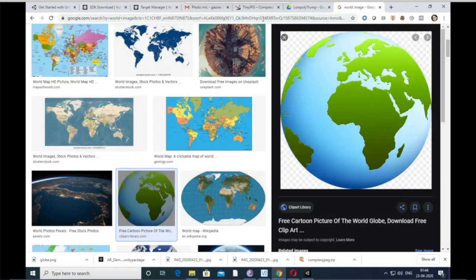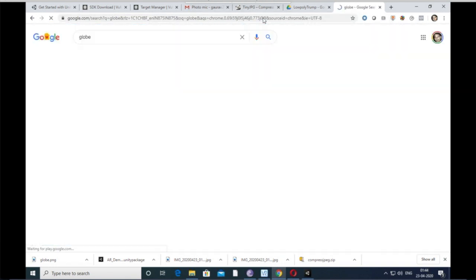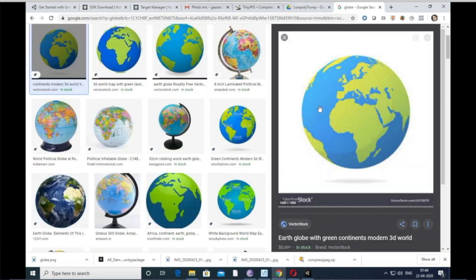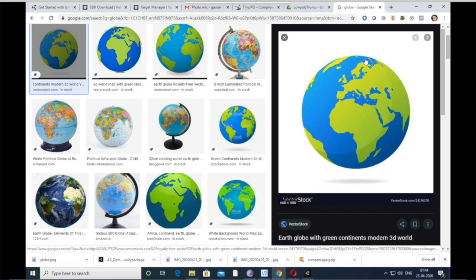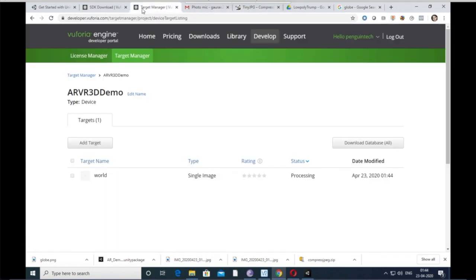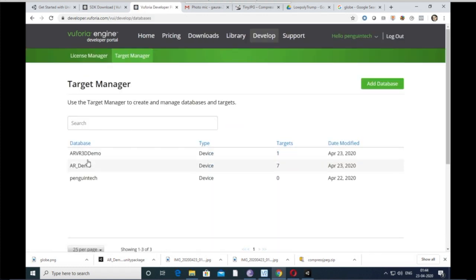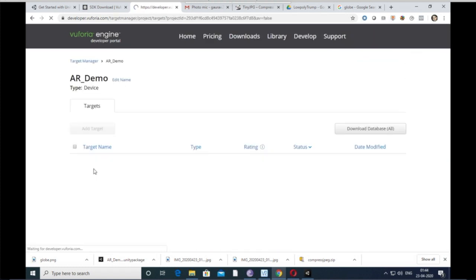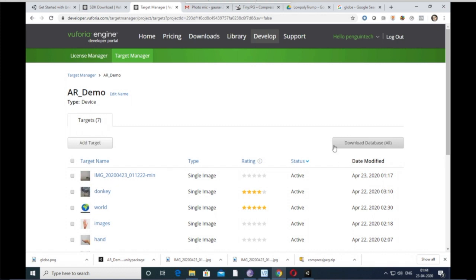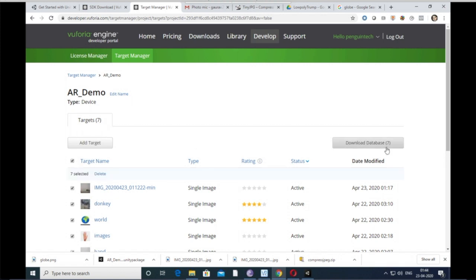So I have downloaded actually this image globe. I think it was less than 2 MB, and it fulfilled all the criteria. So just download and put this image, world, in target manager. But I have already downloaded this AR/VR demo, so you have an option to download all.